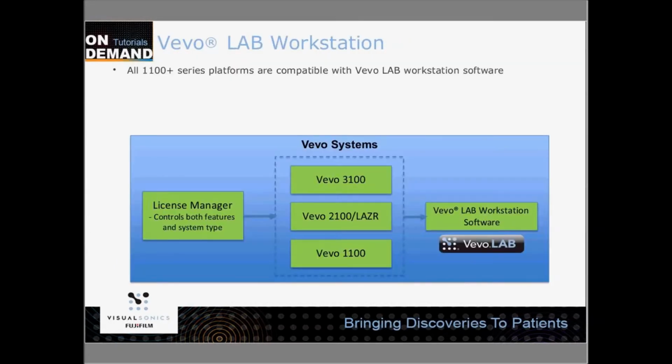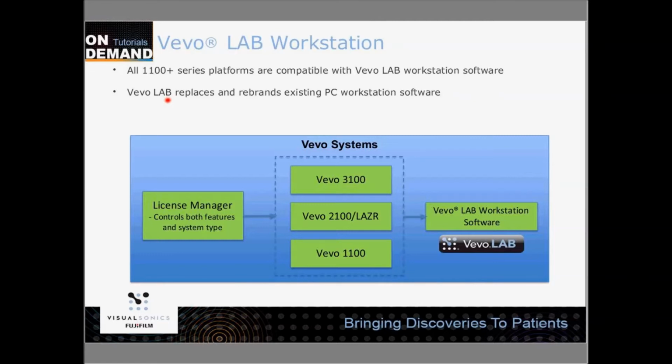So I wanted to highlight something that's a little bit separate from the topic at hand, VevoStrain, but is actually a really important distinction to make. Vivo Lab Workstation. Previously, in the earlier versions of the 2100 software, our workstation was always just referred to as the workstation, as the 2100 workstation or the laser workstation. We've actually broken that connection now and have rebranded the workstation as Vivo Lab, and we've laid it out now as its own